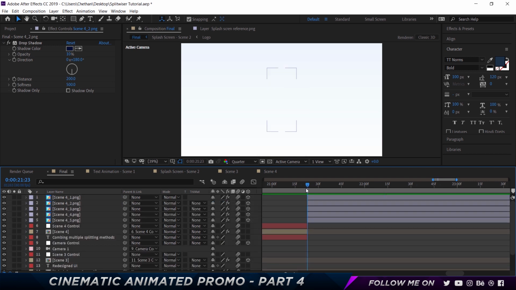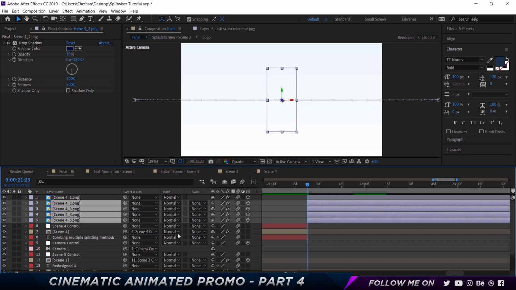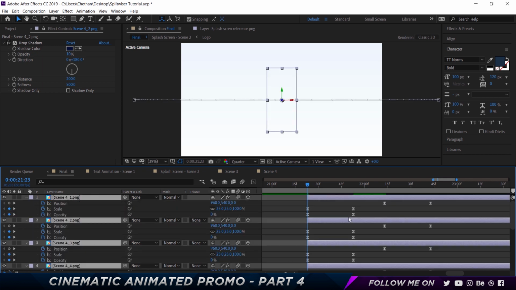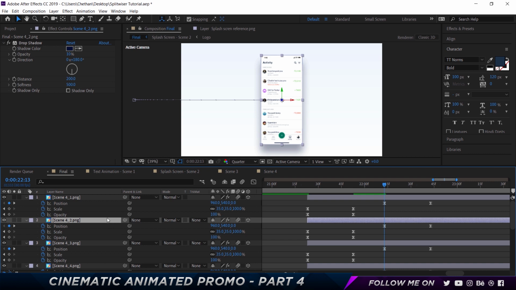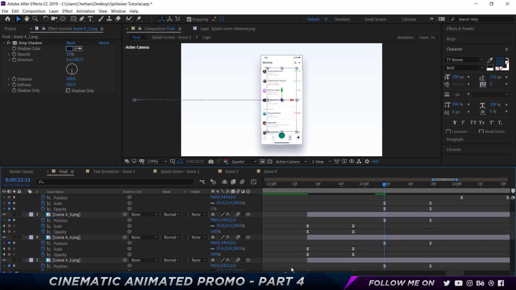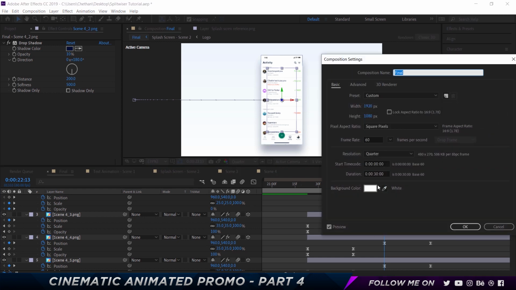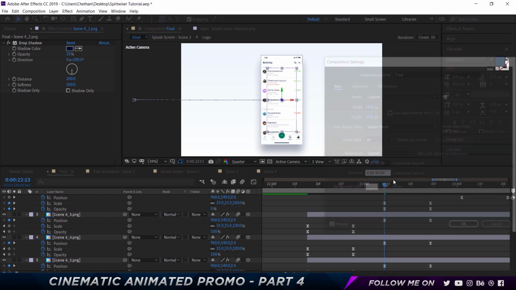And also, I'm going to go ahead and offset this a little bit. The way we want to offset this is I'm going to press U on the keyboard for all this. All right, and I'm going to come here to the part where the position animation starts, from where it moves from the left to the right side. We're going to select scene 2 and press the left square bracket key to begin it over here. And now we've got to increase the duration. So I'm going to make this 40 seconds,